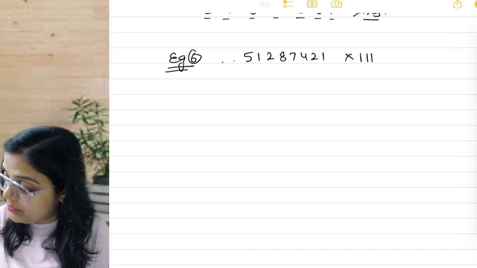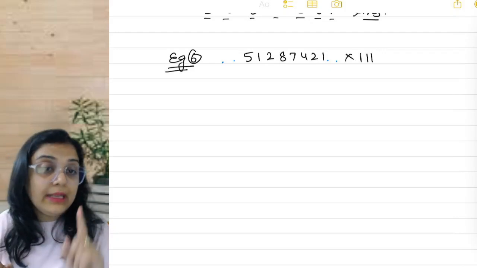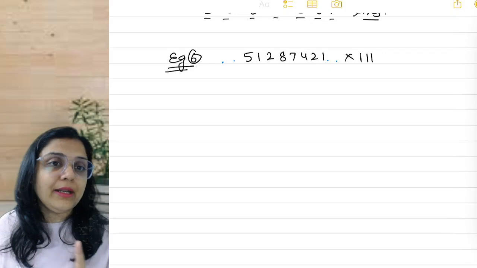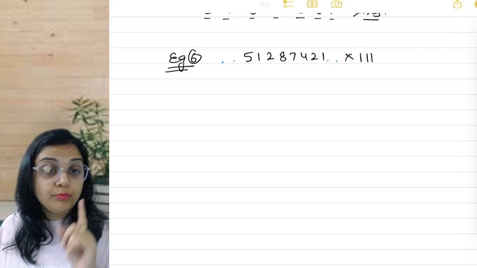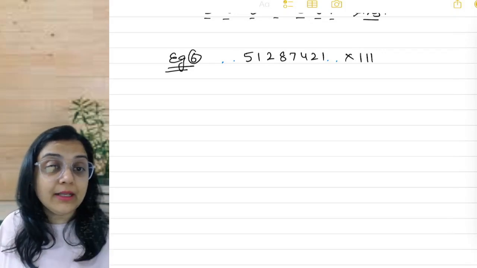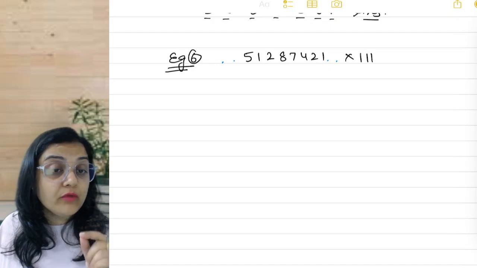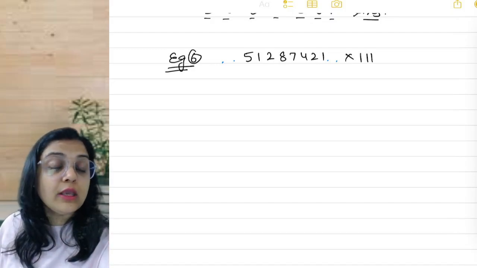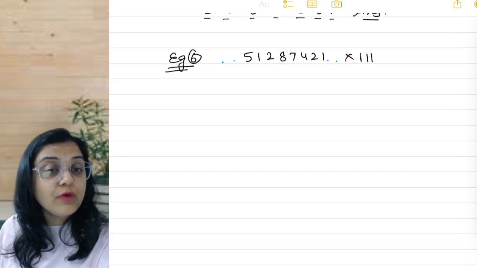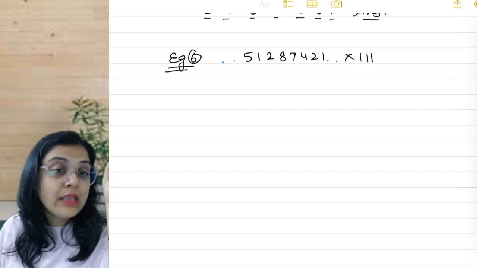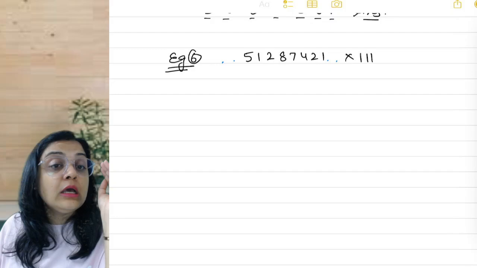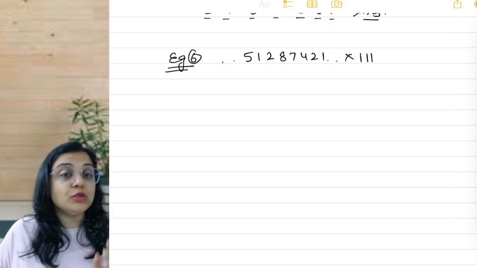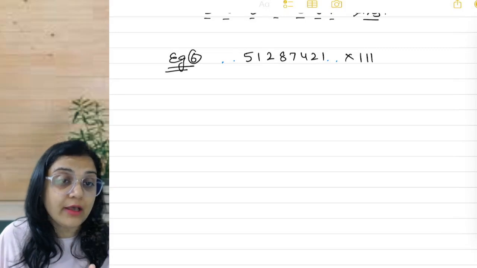So I am just assuming 2 zeros in the beginning and 2 zeros in the end. As I told you in the previous video as well, just imagine. Don't write every time. Don't put this habit in your brain of writing it again and again, because Vedic math is all about giving your answers orally. It's all about mental calculations. So train your brain accordingly. In 4-5 examples, you may write zeros, then slowly, gradually start removing those zeros. And then slowly and gradually start removing those arrows as well that I was putting.